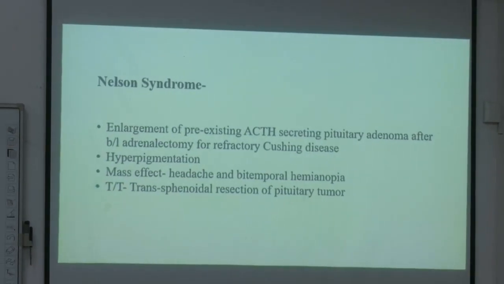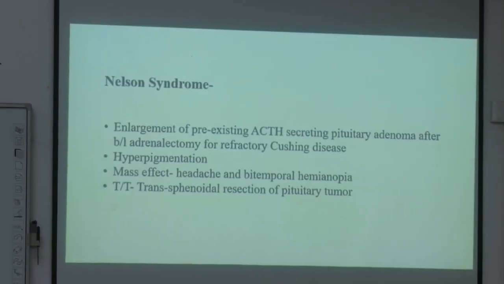Now few syndromes, if you are able to remember, you can remember, very important. These will not usually be asked in physiology, but if you answer well, then finally these questions might be asked. But these are very important MCQ zone for NEET PG or NEXT PG. Okay, so Nelson syndrome. What is Nelson syndrome?